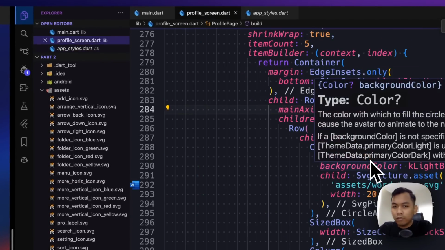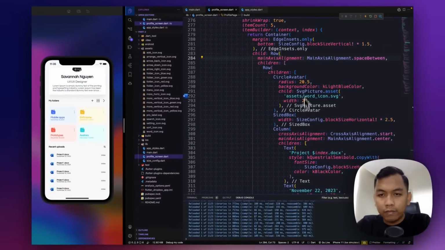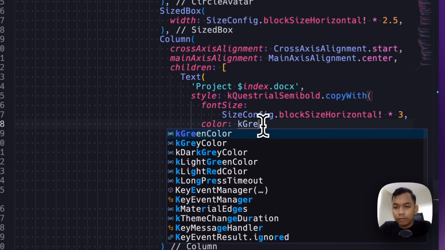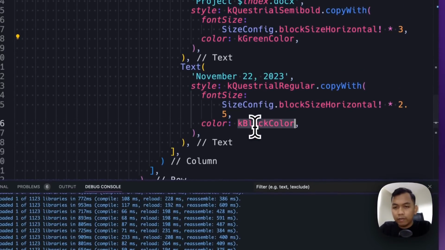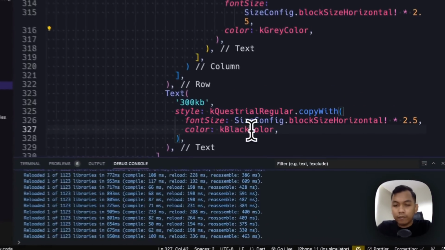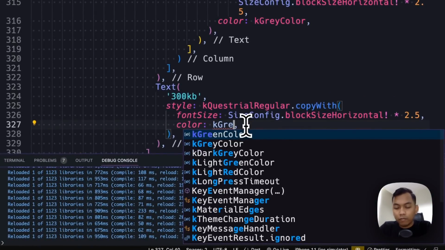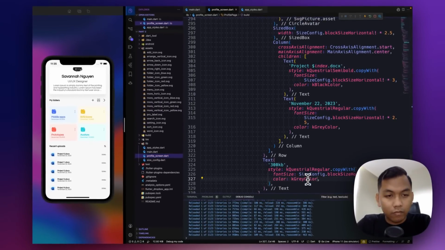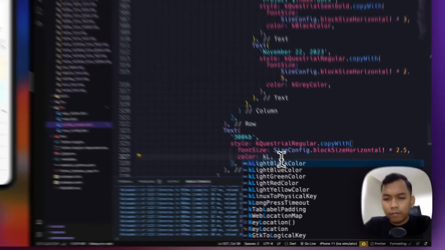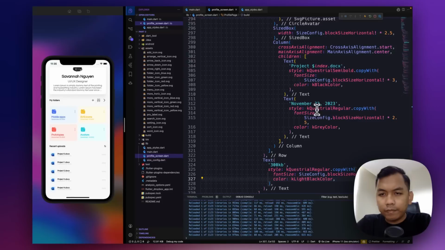How about a gray color for this and this? No. From this and this. No, it like black.